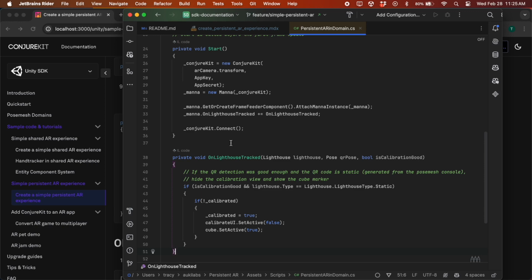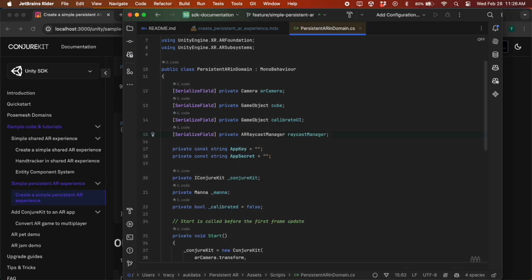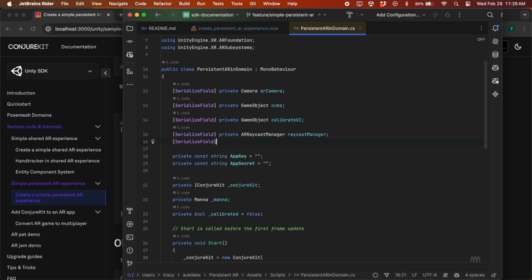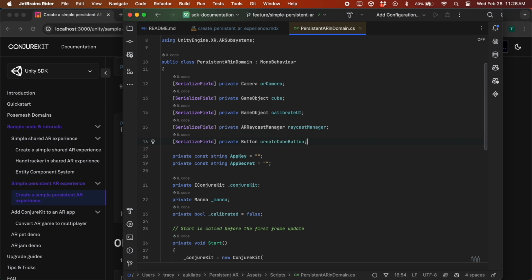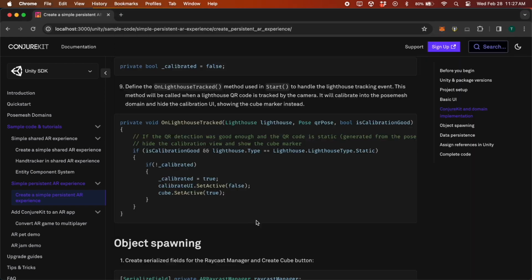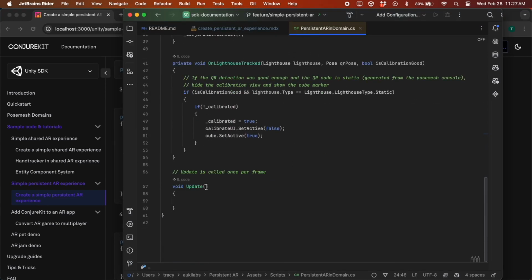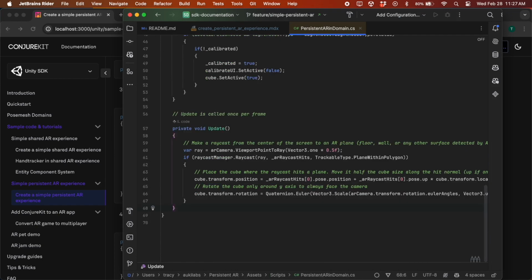Next, we'll add the cube placing mechanism. Start by adding serialized fields for the Raycast Manager and the Create Cube button. Then declare a list to store the AR Raycast hits. In the update method, we'll raycast from the center of the screen to any detected AR plane and place the cube marker where the raycast hits the plane.